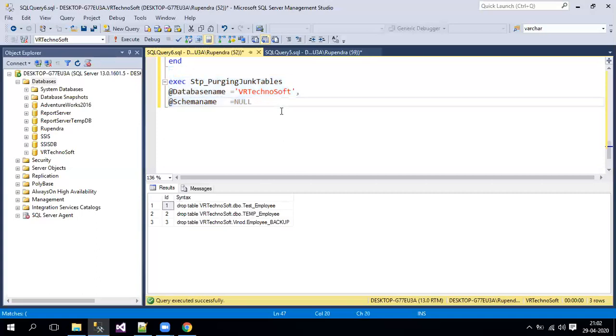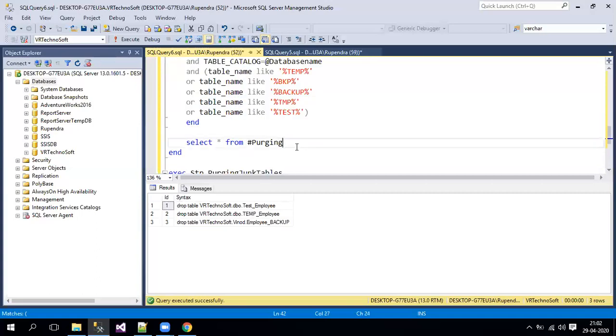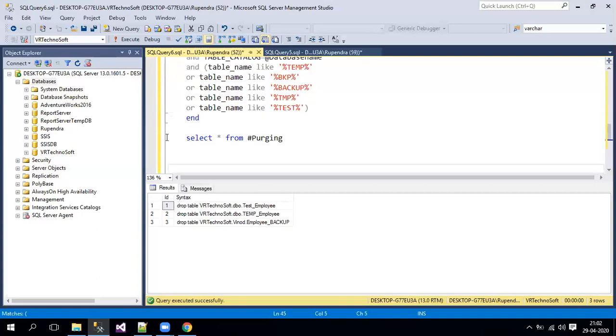Now our main requirement is to drop those tables. As of now it is two tables. Sometimes it will be 10, sometimes it will be 30, we don't know. So we have to take each and every query, and then we have to drop the tables. So what I will do is, I'll write a loop over here so that it will be easy. To write a loop condition, definitely we need to consider this identity id column. That's why I created this identity.